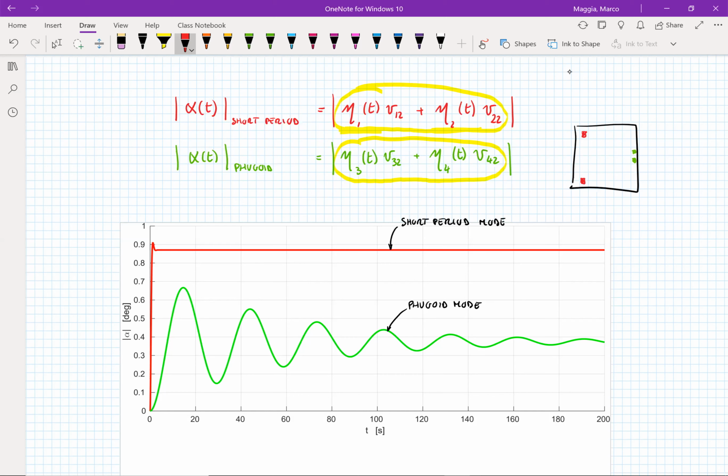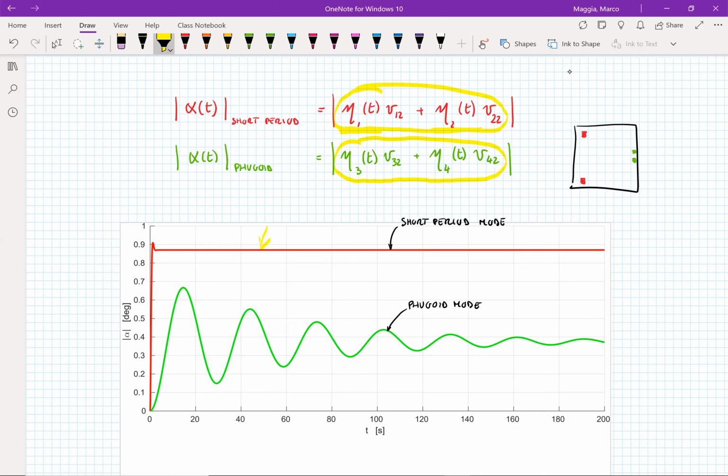They're pretty separated, so the contribution of each mode is quite distinct. And we can see that when we separate the short period mode contribution to the angle of attack, which is this red curve,